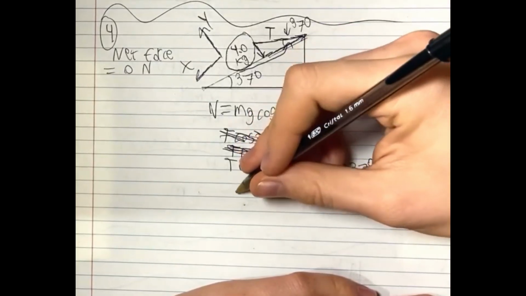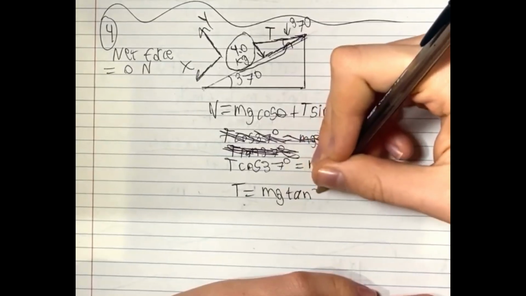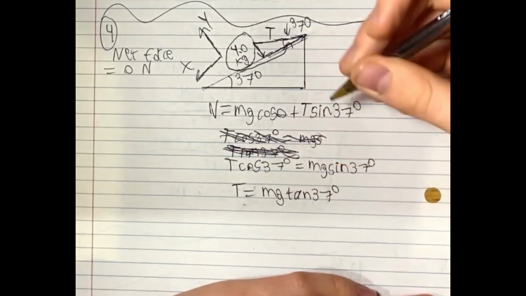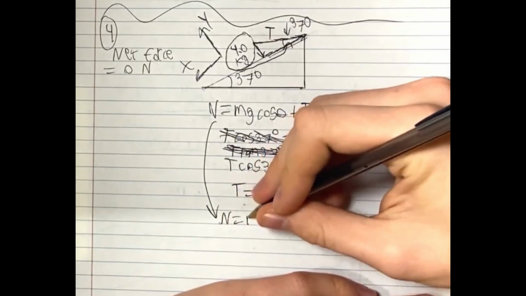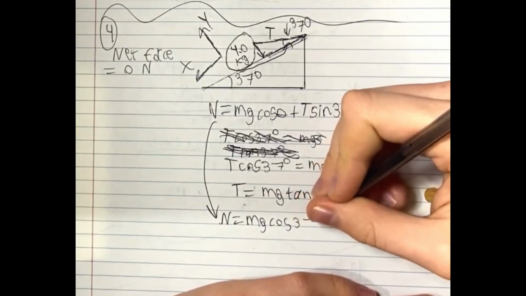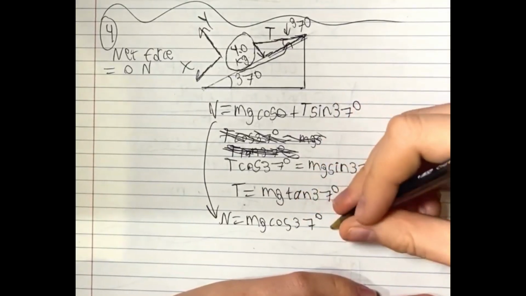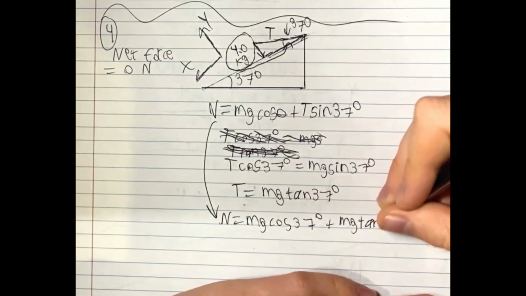Okay, so now just divide both sides by cosine 37 degrees, and you get that tension is equal to mg tan 37 degrees. So now we can just substitute that in here. We get that the normal force is equal to mg cosine of 37 degrees plus mg tan 37 degrees